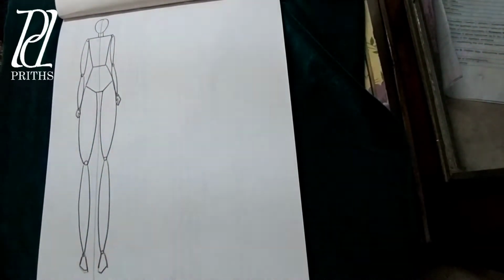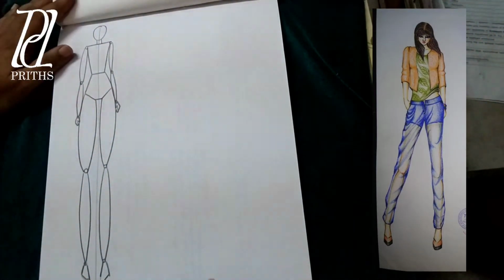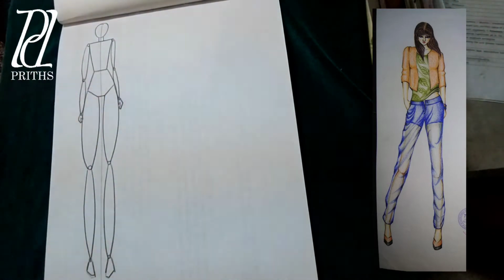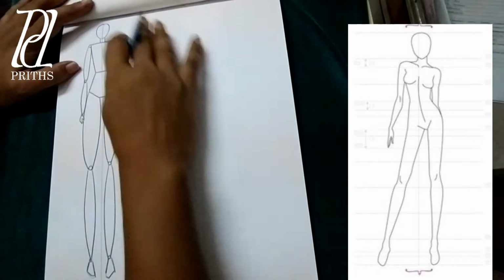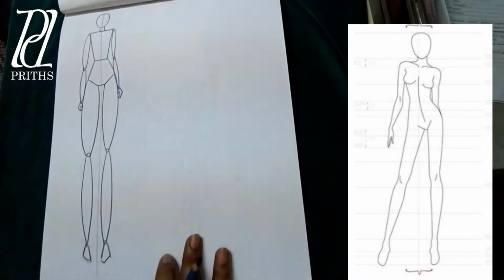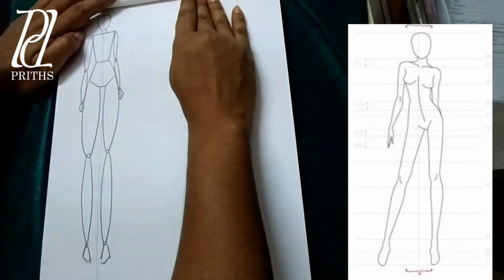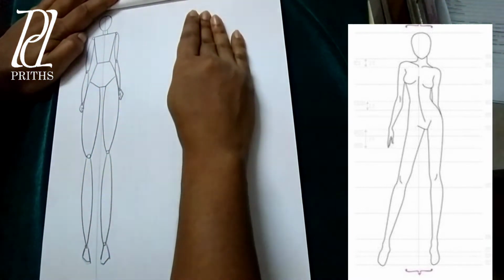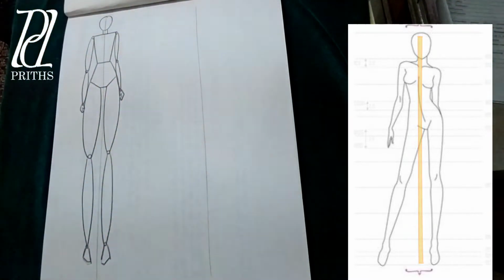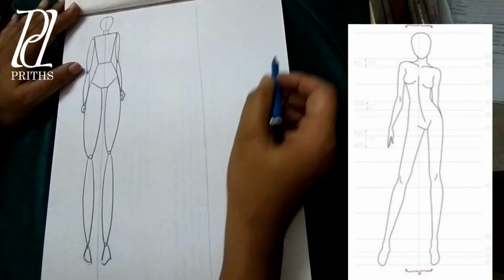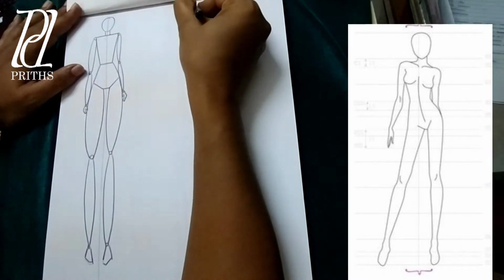Okay, so for this western pose, see this western pose I'm going to make. First we need to visualize the nude figure. See, this kind of nude figure we have to do. For this nude figure we need to do the stylized block figure, and for this I'm just doing the balance line as I always do in every figure. See, on top of the balance line I am doing the head.